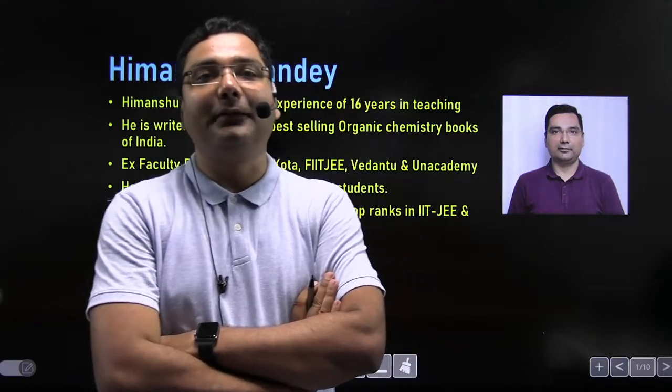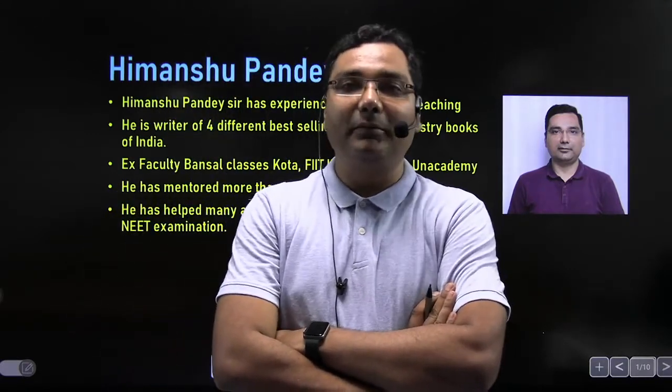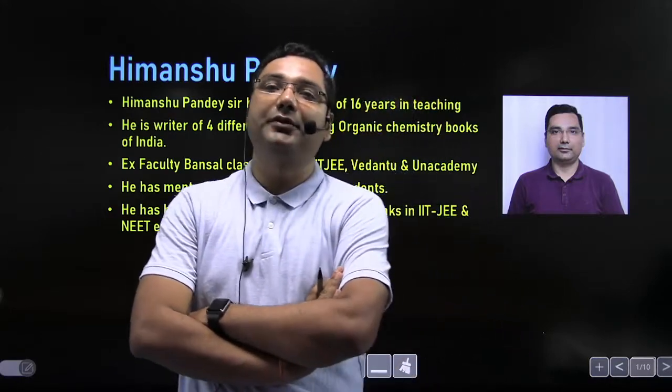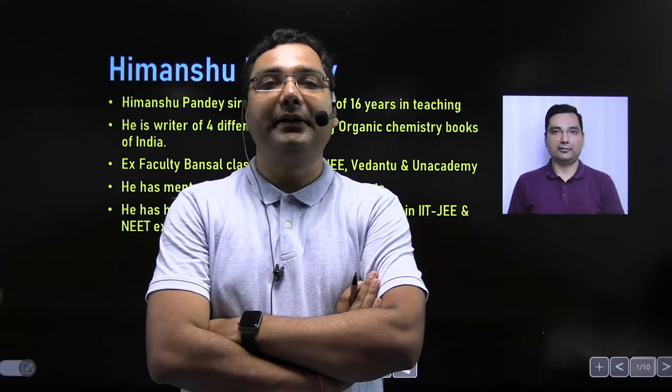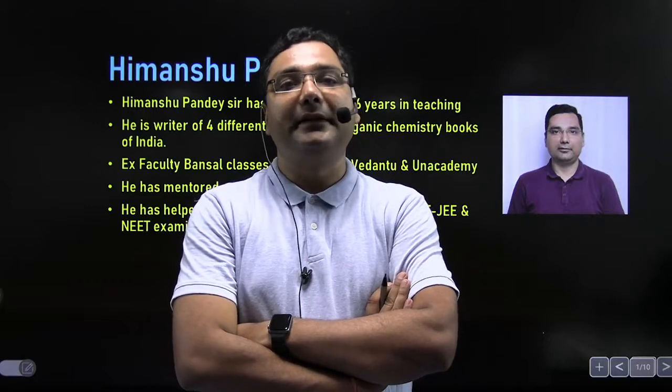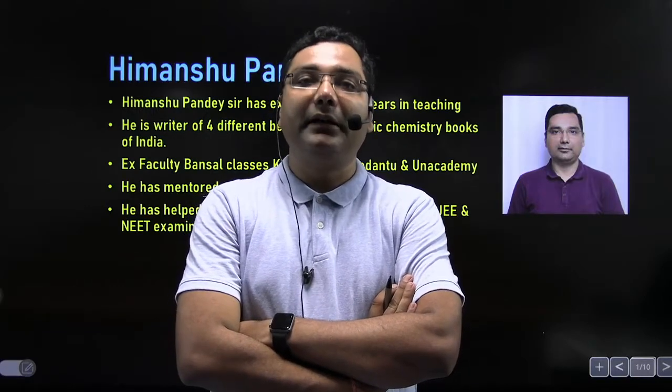So again, I'm going to discuss the chemical bonding chapter today, and previously we have discussed what is ionic bond, what is covalent bond, what is coordinate bond, and what is formal charge. We have made discussion on these things. Now we are going to discuss how we can draw the structure of a molecule with the help of certain rules. So today's topic is structure determination with the help of some rules.